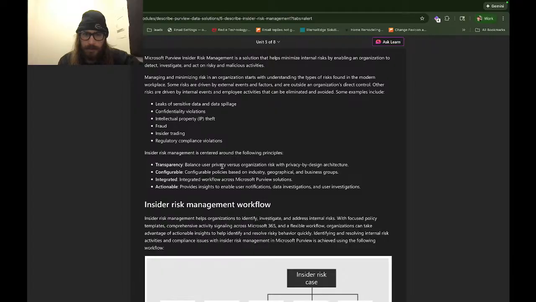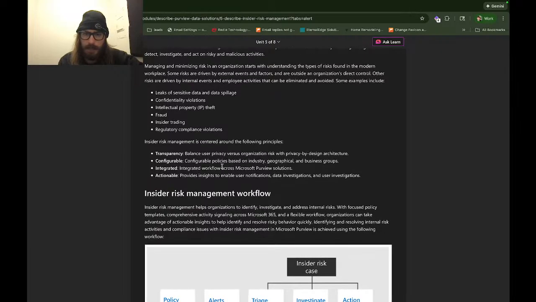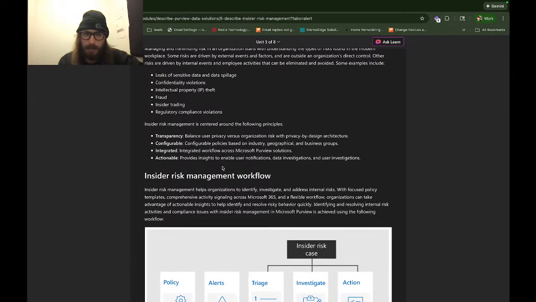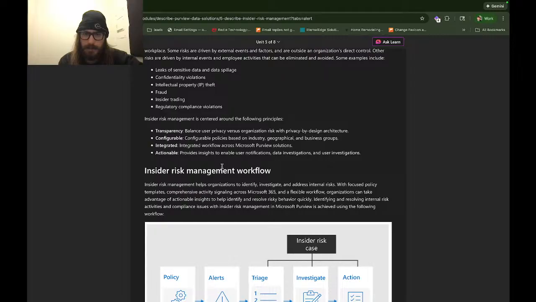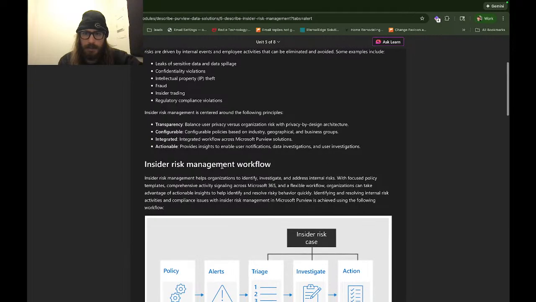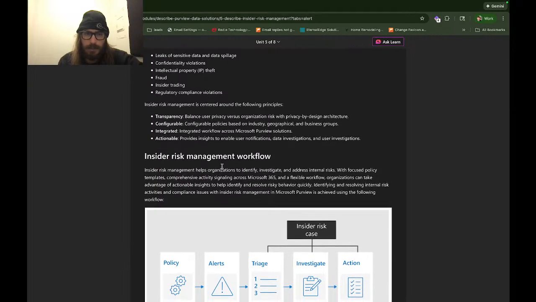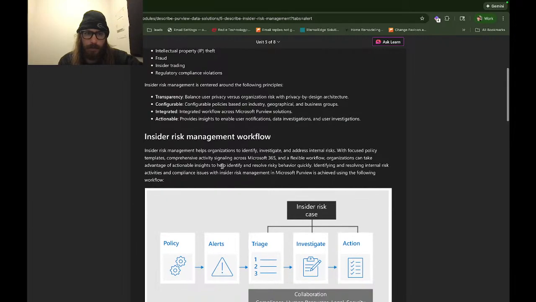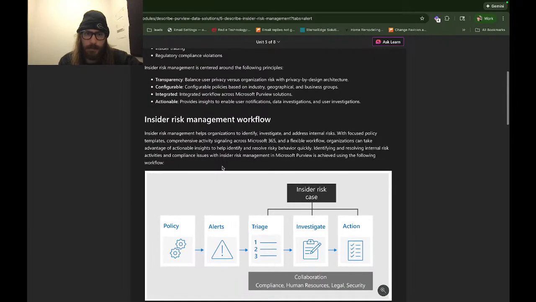Managing and minimizing risk in an organization starts with understanding the types of risks found in the modern workplace. Some risks are driven by external events and factors and are outside an organization's direct control. Other risks are driven by internal events and employee activities that can be eliminated and avoided. Some examples include leaks of sensitive data and data spillage, confidentiality violations, intellectual property theft, fraud, insider trading,